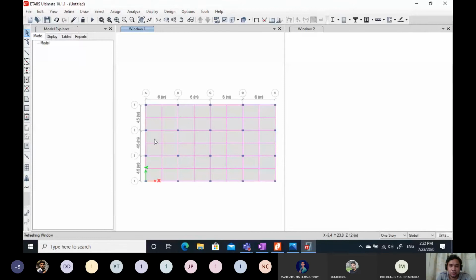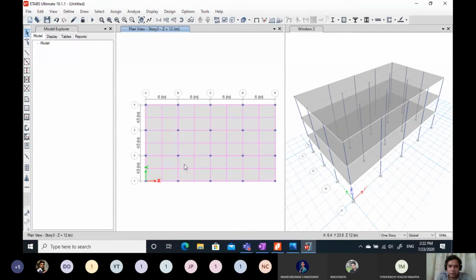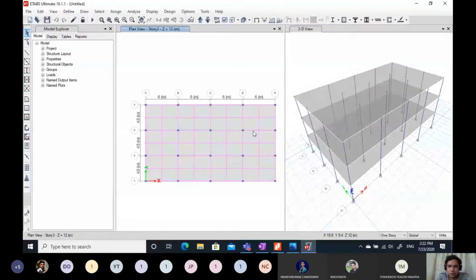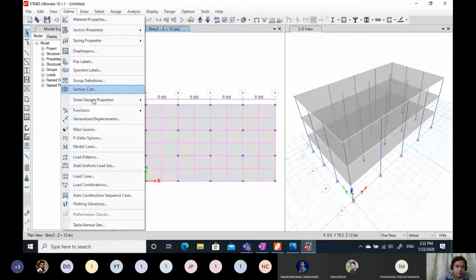See, now it is created, 5 bays, 4 bays in x direction and 3 bays in y direction, same as this one. And your columns are also oriented the same as the problem. Now the next thing is to define strips, just like we have designed column strip.